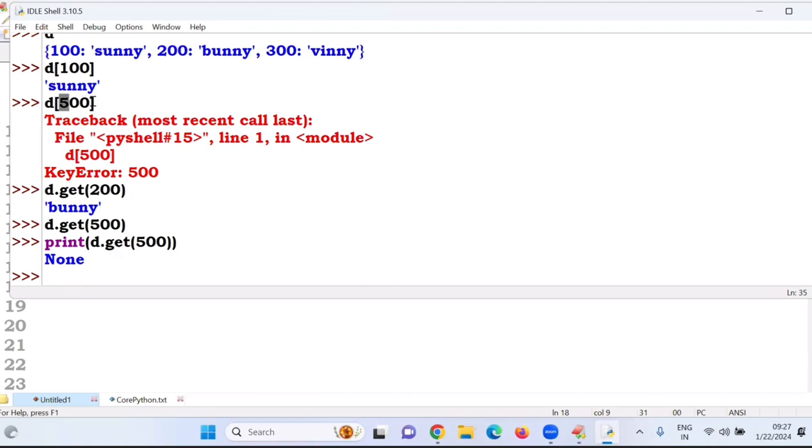Here, in this case, if we access directly, we get a key error. By using get, it will give None. One more possibility is,